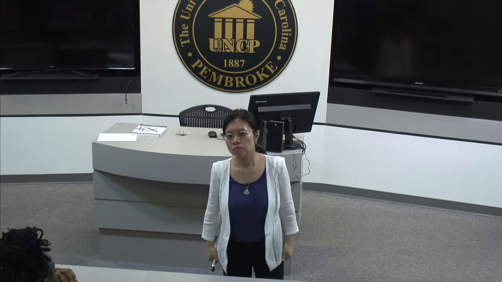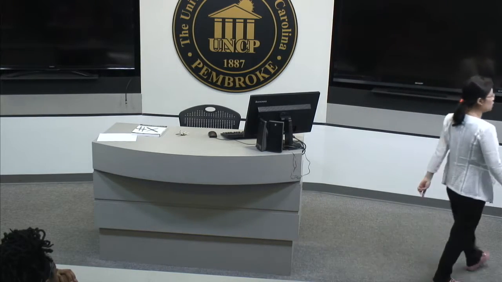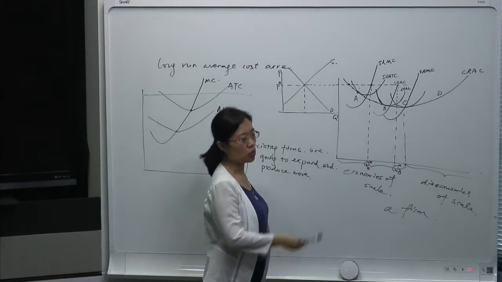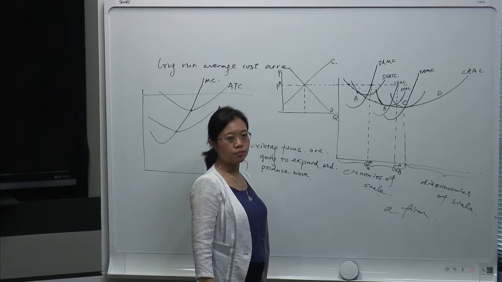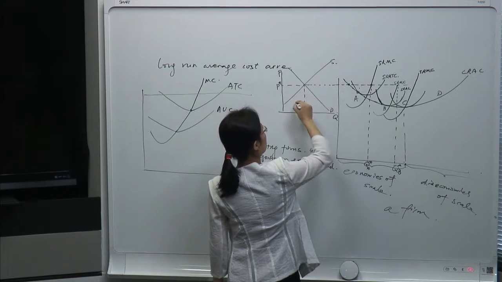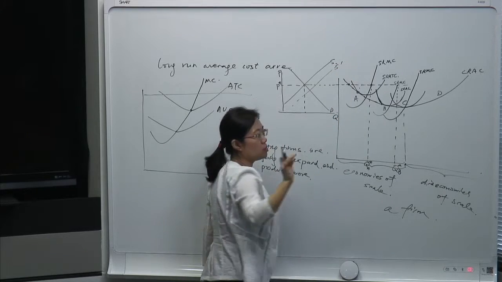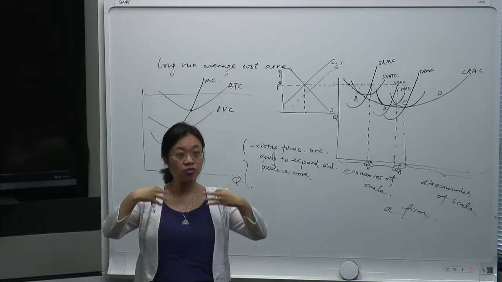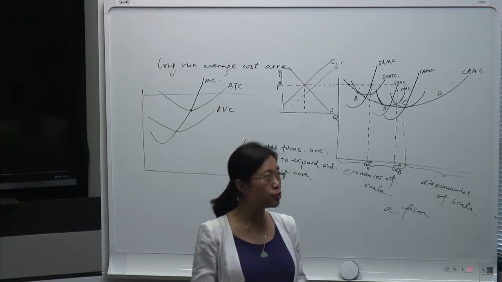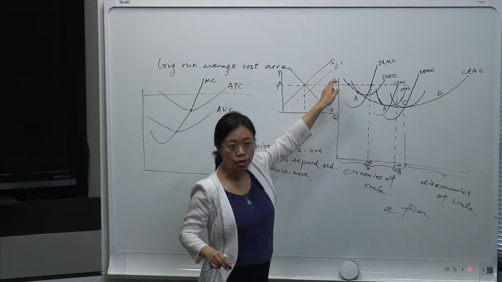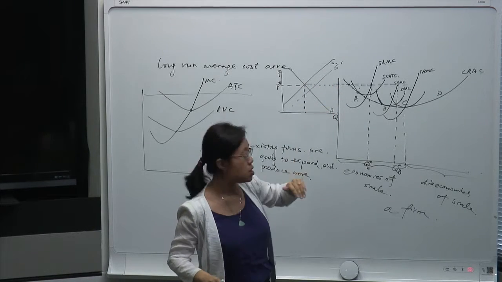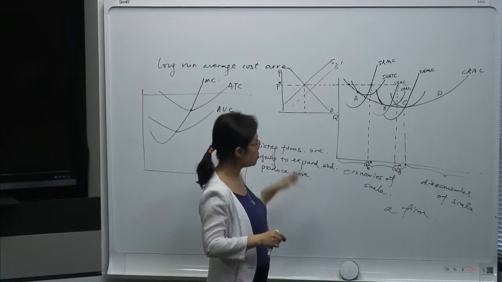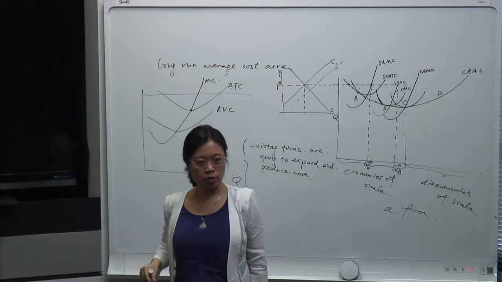Since there's more of that good, wouldn't it drop the price? Show me how we describe that on the graph. So your supply would go up. Demand, we do not know, but because we're talking about the firm's behavior, firms produce more, so we know for sure that supply is going to increase, shifting to the right. When supply increases like this, look at the equilibrium price. What happened to the equilibrium price?